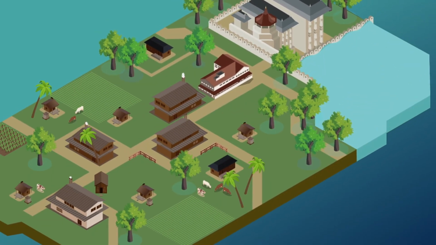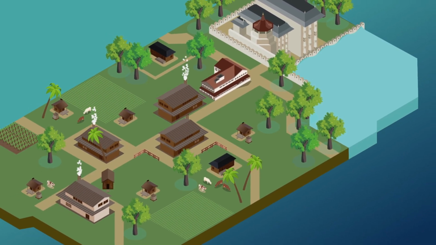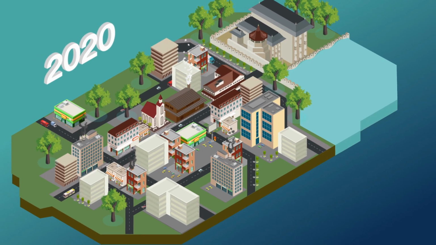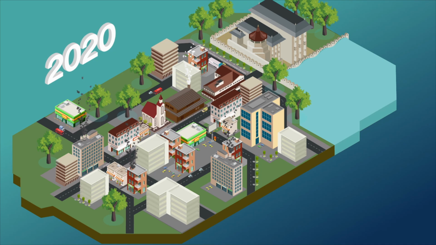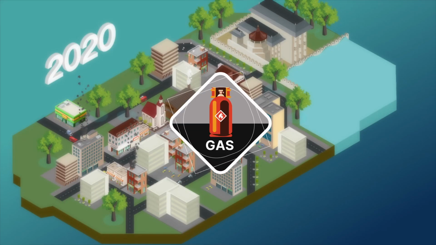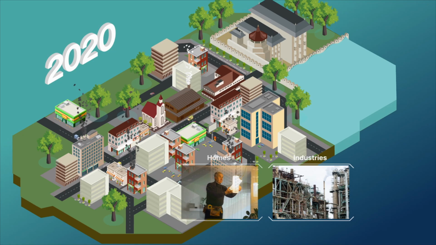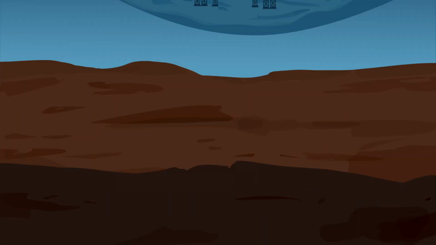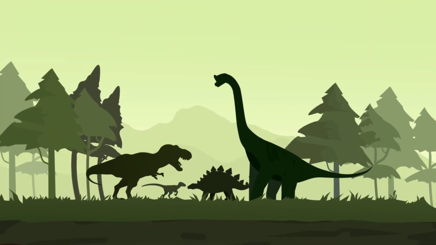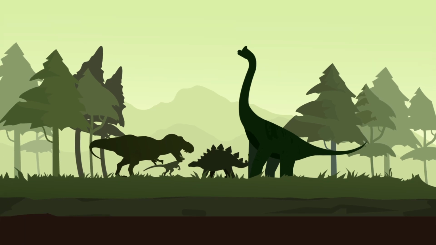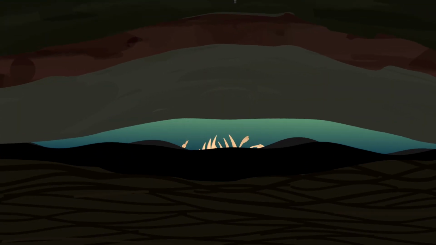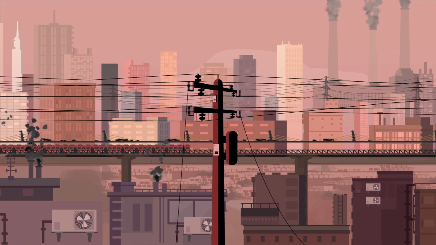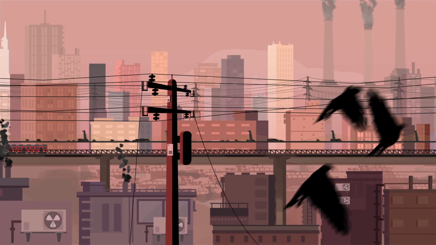But over the last 2 centuries, the world's population has grown incredibly fast, and our cities have become large, modern, and have relied on fossil fuels such as coal, oil, and gas to power homes, industries, and means of transport. Deposits of fossil fuel that were formed in the geological past from the remains of living plants and animals became buried underground in the Earth's crust. When burned, these fossil fuels release more greenhouse gases into the Earth's atmosphere.